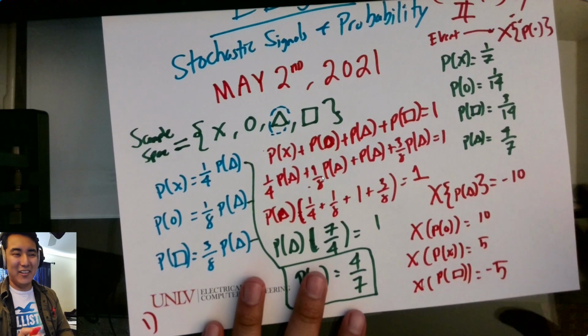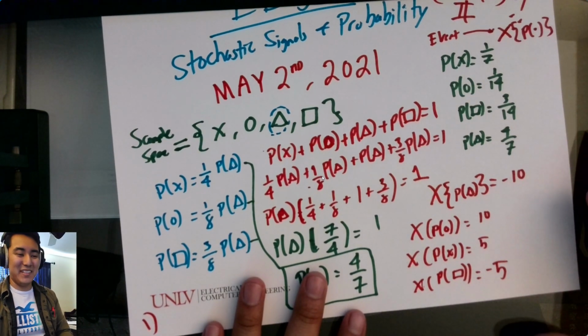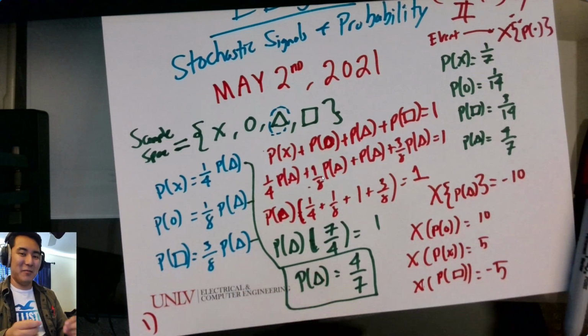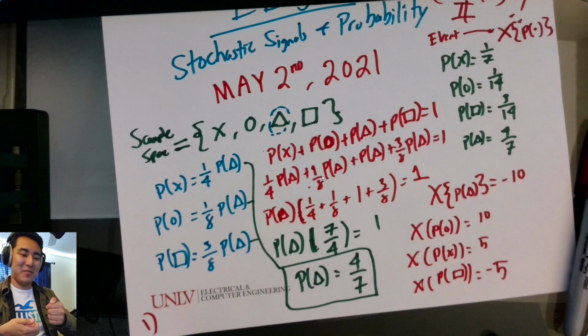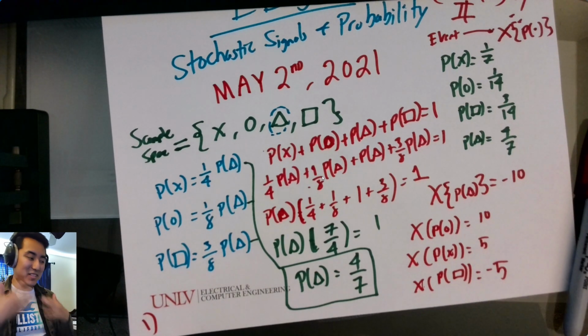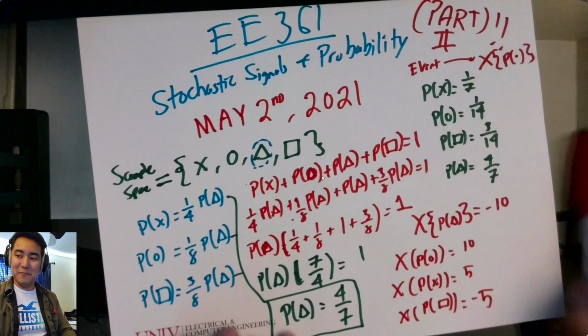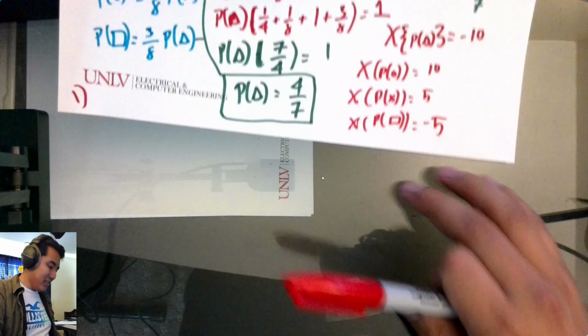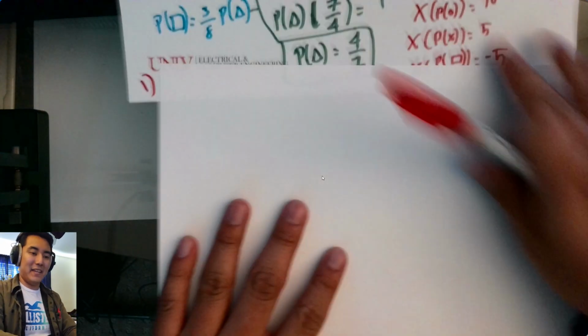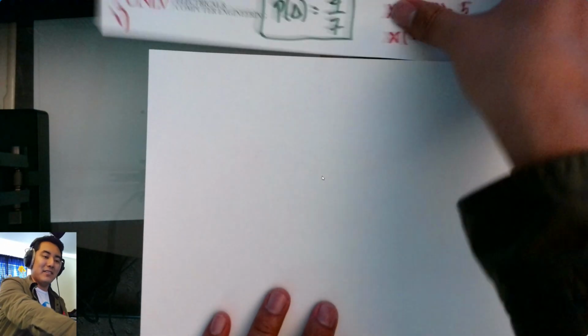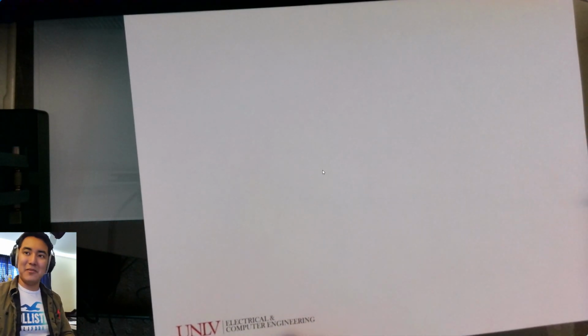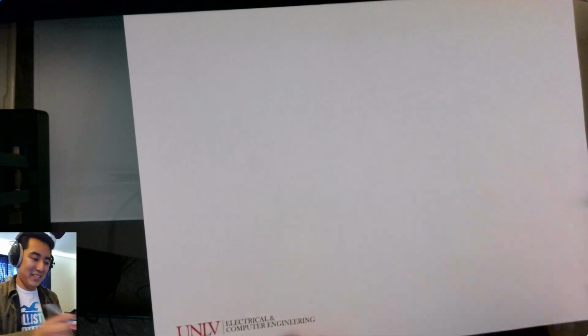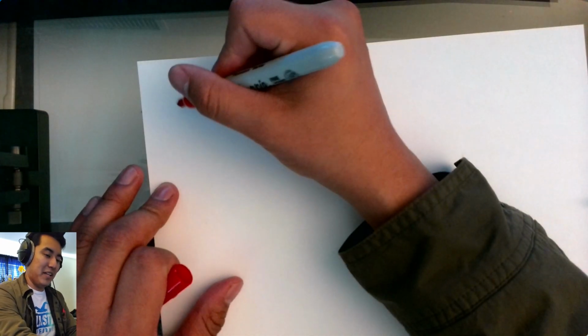But what's the expected outcome? So basically, the expected outcome is if you were to do this infinite times, well, what will you eventually get? What's the average, the expected outcome? So let's grab another piece of paper and let's do this. We're still recording, right? All right, we're still recording. Oh, there's a mouse in the middle. Okay, there you go. So the expected value